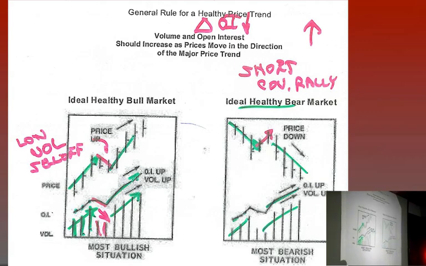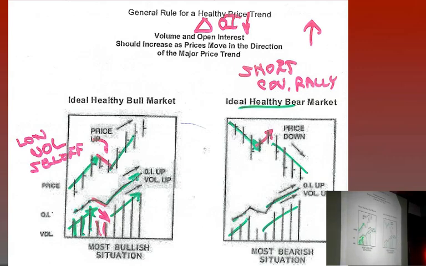Now, hopefully I don't have to reinvent the wheel, but I think you all realize that open interest is the summation of all unclosed purchases or sales at the end of a trading session. And the long open interest always has to equal the short open interest. There can't be more longs at the end of the day than there are shorts. It always has to equal. So you'd like the open interest to be increased.